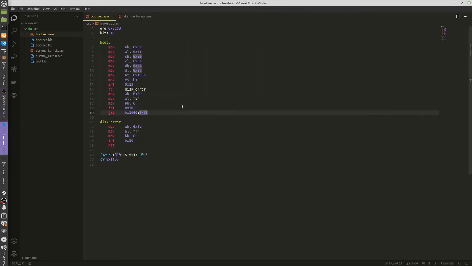Mason here. Just coming in with a quick tutorial on how to make a simple bootloader that loads a dummy kernel, in x86 assembly, by the way. This is x86 assembly. So, basically, what we got going on here